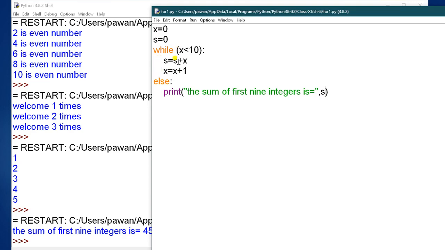Now the fourth will come: 3 plus 4, that is 7. In this way the value of x gets increased, and the previous value of s will come here and the updated value of x will get added to the s value. So this is your program to find the sum of the integers.